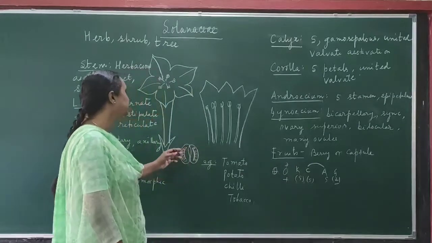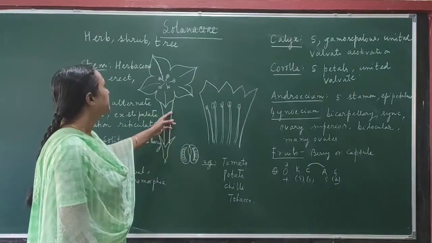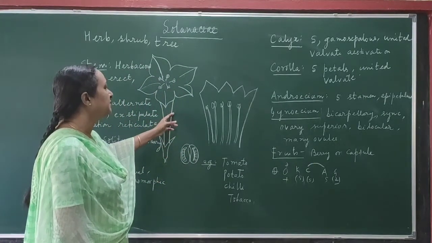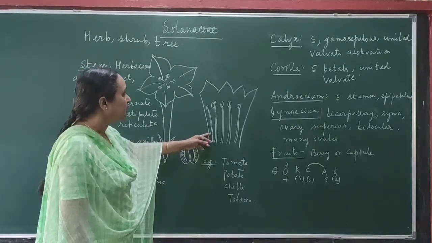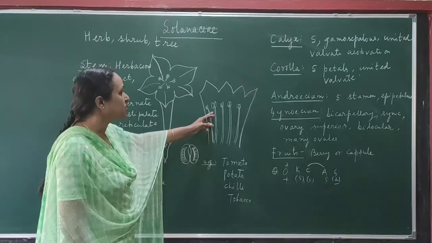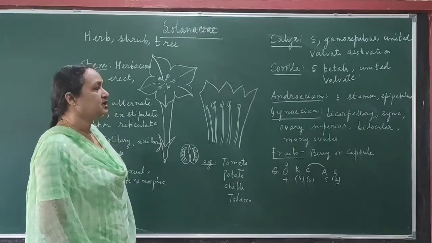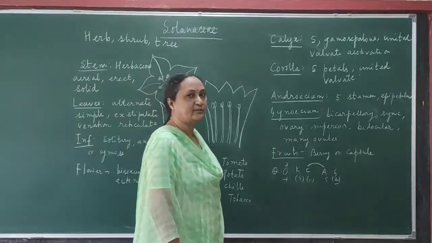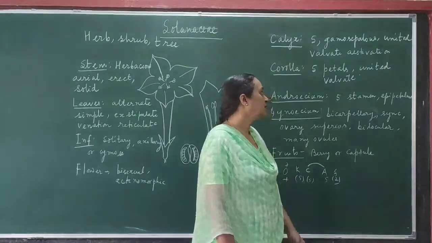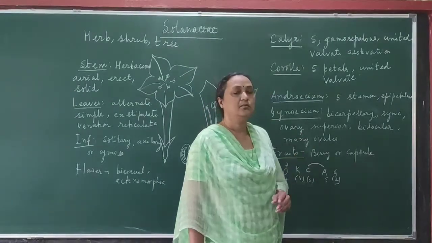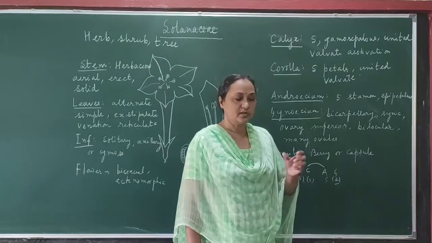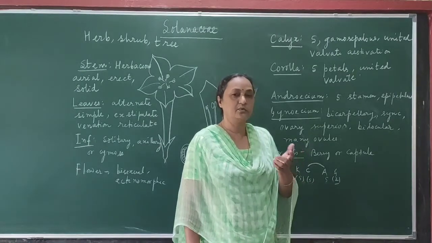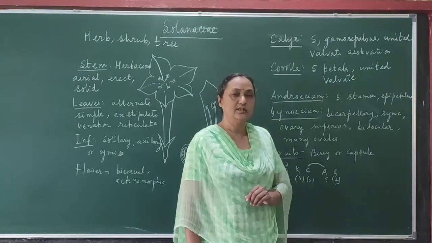Now here you see a diagram. This is the diagram of one member of the Solanaceae family, and here you see how the stamen is attached to the petal, and this condition is called epipetalous. Then the gynoecium is bicarpellary. Bicarpellary means there are two carpels, and syncarpous means both the carpels are united. So from the outside you can observe only one single carpel, but actually they are two in number,